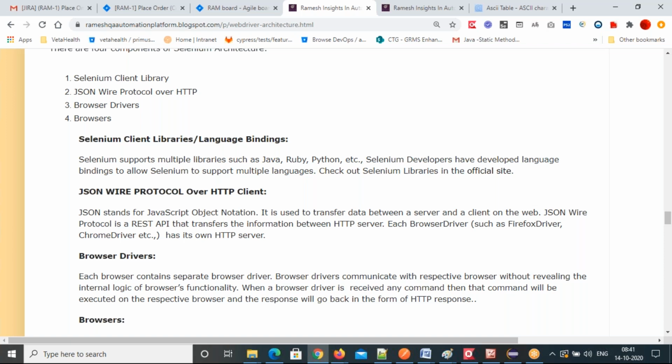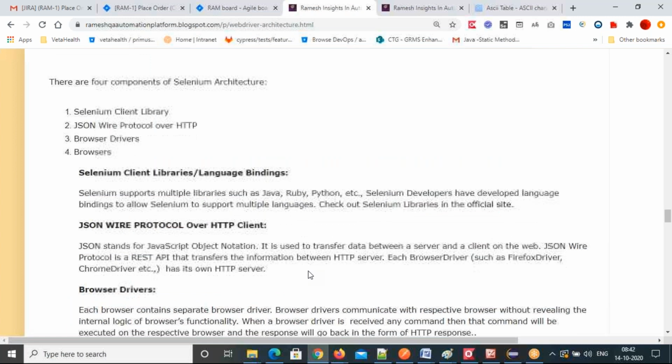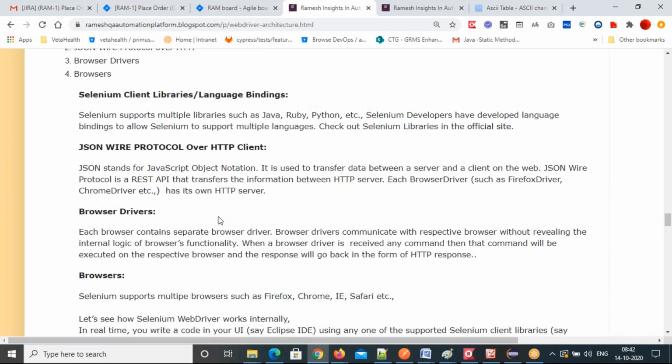Like that, you have one browser driver class per browser. Each browser driver has one HTTP server, which will interact with the real browser and send your command to the real browser. We'll see all the components one by one.